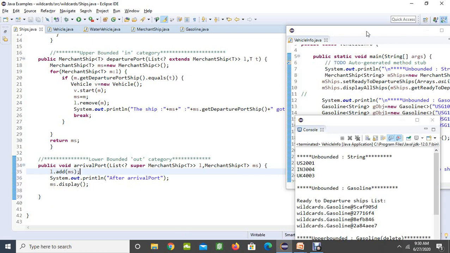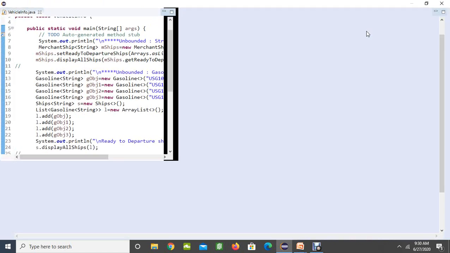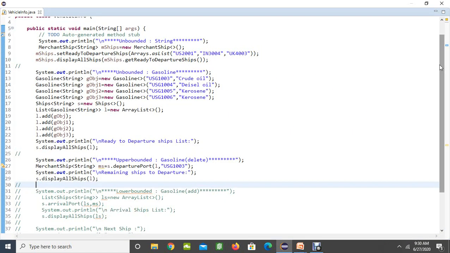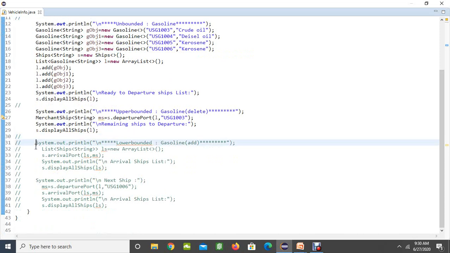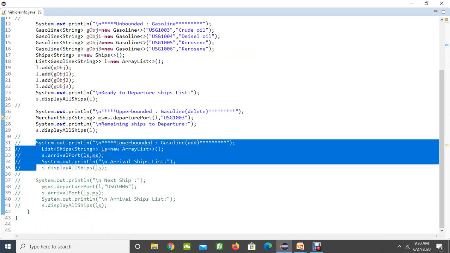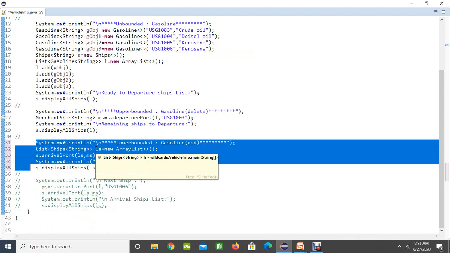So now let's go to our main method over here and deal with the arrival port. Already our ship got started. Now I am going to uncomment this. Here I'm going to create a list for the arrival port where I can store all the arrival ships.